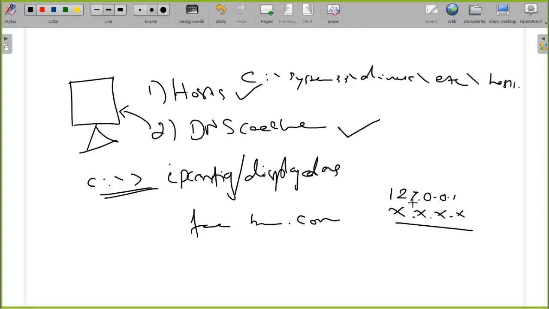127.0.0.1. So what is the 127 address? It is a loopback address. Loopback addresses are generally used to check the NIC cards, to check whether the network interface card is working or not. So it is an internal command. When you map facebook.com to 127.0.0.1, the request will never even go out of your PC, so that this particular website will be unreachable for that particular PC.